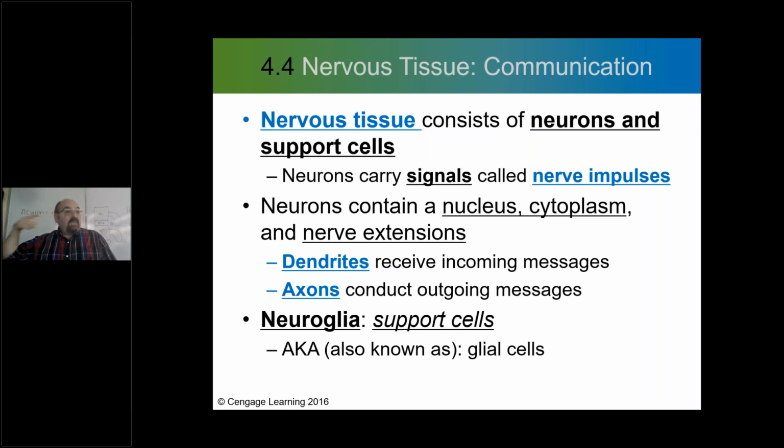So this is why if you damage the nerve impulses in the neck, I can't really move my arms. I can't really move my legs. Now, there are some special cranial nerves. There are special nerves coming off of your brain that can still be undamaged, that can allow for you to still breathe on your own. But some people, unfortunately, even that's damaged and they can't even breathe on their own, right? So that's some sad stuff. These support cells we mentioned, they are supporting those nerve cells, those neurons.